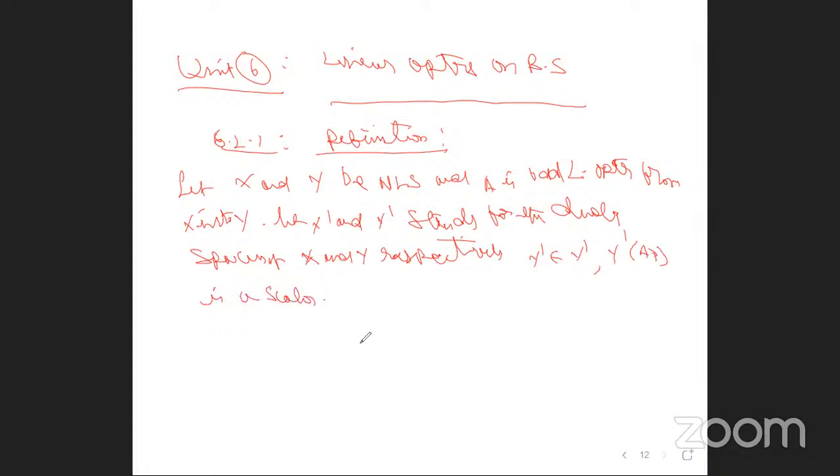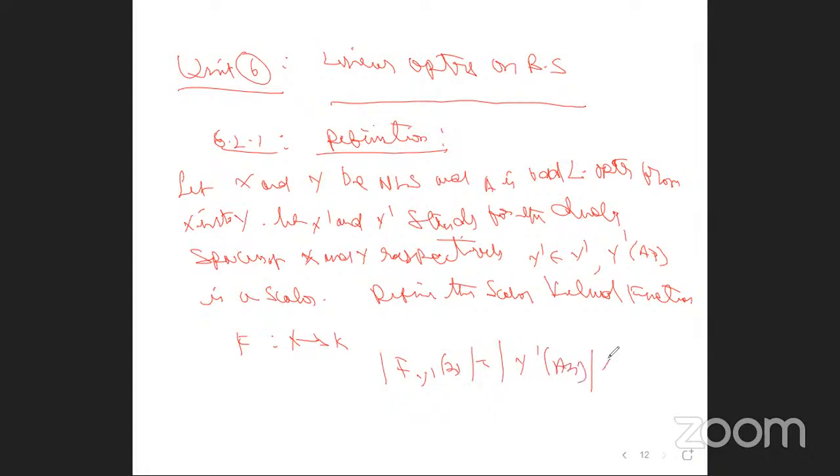Define the scalar valued function f from X to K, where K is the scalar field. So it is verified that